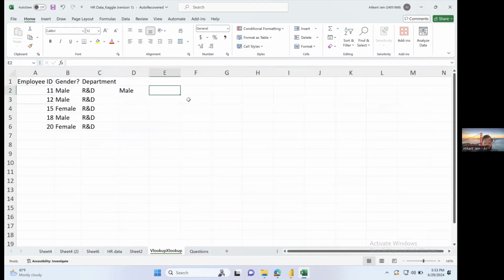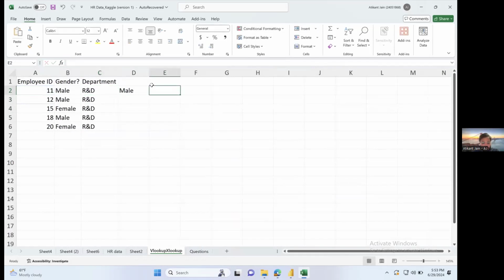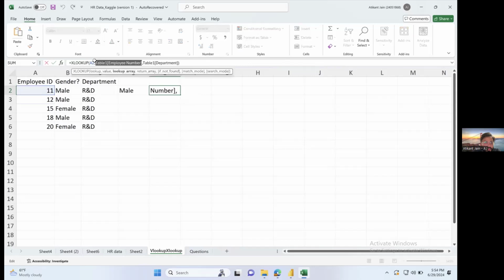Then again, there is Atikant, I'm sorry to interrupt, but I didn't understand what the error was. Why did we not get the department in C2 on the first try? Yeah, one second. So what I did was, here, instead of this, I had